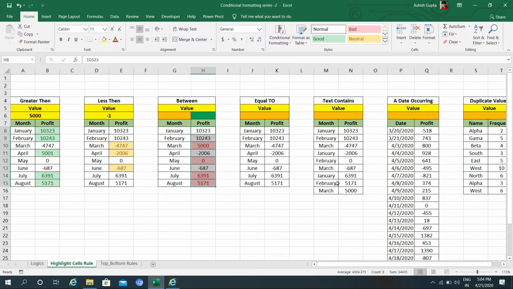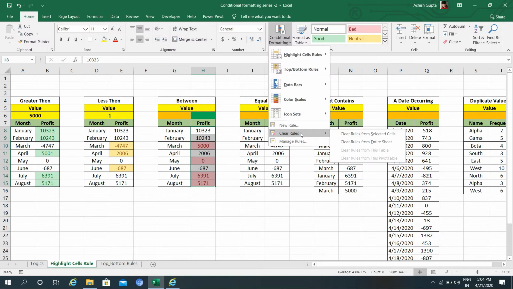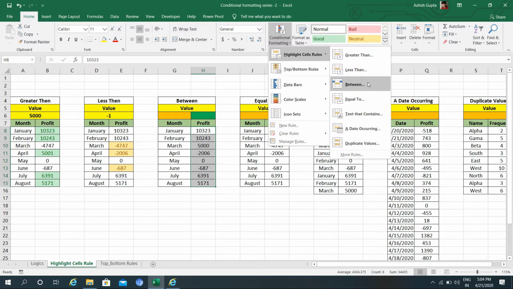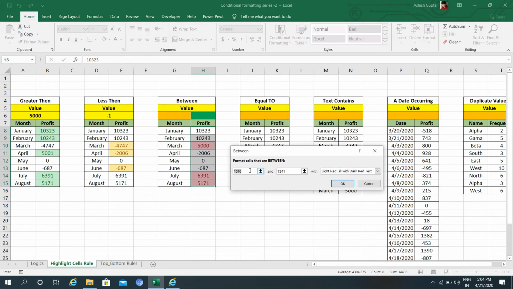I will click OK. That's how it will work. Or we can use a different scenario. We'll remove the conditional formatting from this selected cell, go to conditional formatting, highlight cells between, and rather than putting any number, we'll use this one as a reference.